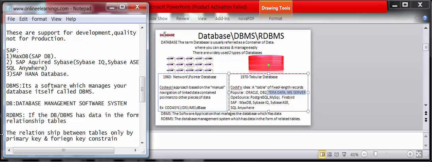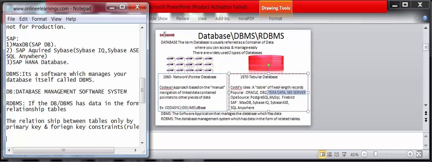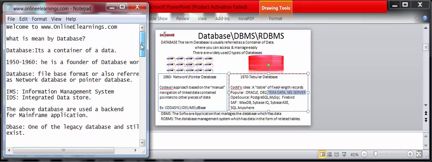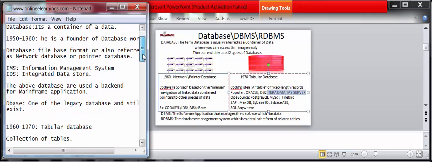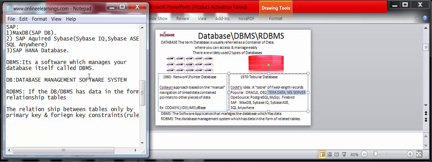Right now we understand that there is data, and data can also be called information and knowledge. When you process the data, we call it information. When you process it further, it is called knowledge. The database is a container of the data. And if you want to manage the database, you need some software, which we call a DBMS, database management software system. We also talked about RDBMS. RDBMS is the DBMS, the software, which has the data in the form of related tables, and the relationship can be made between the tables only by the concept of primary key and foreign key. So now